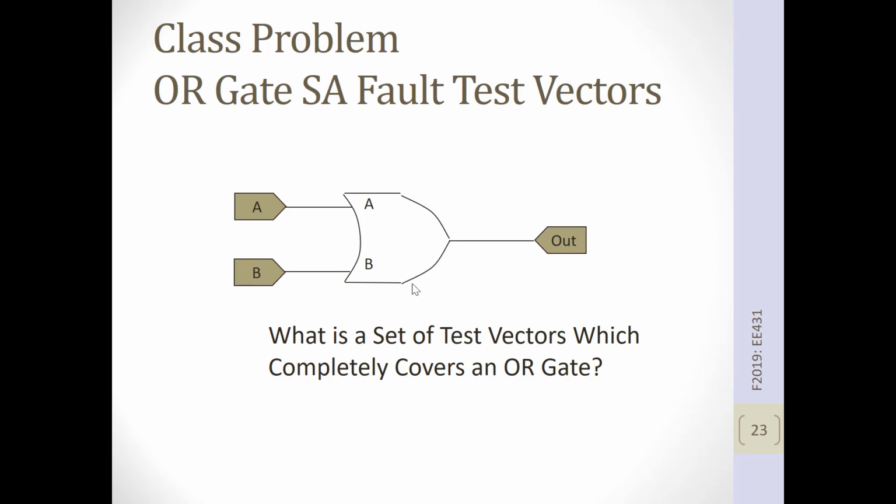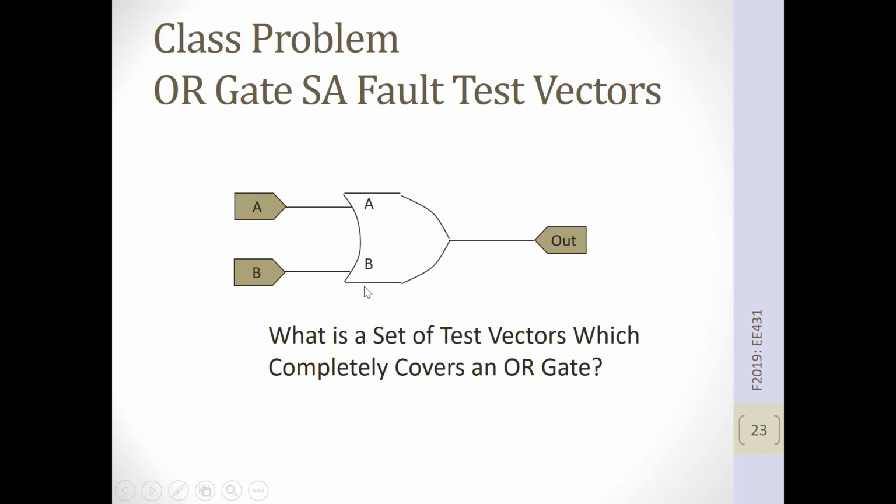The last video ended up with me giving you this OR gate and asking you what the minimum set of test vectors would be. If you worked it out, you'd start out with a stuck at 0 and a stuck at 1 at A, a stuck at 0 and a stuck at 1 at B, a stuck at 0 and a stuck at 1 at the output. And you'd have to find inputs to test each one of those. And if you went through the same steps that we went through,